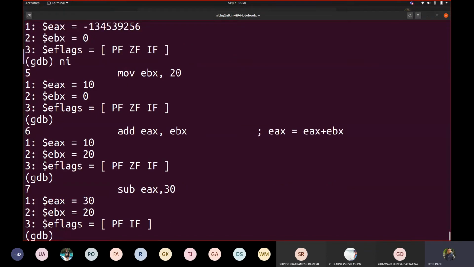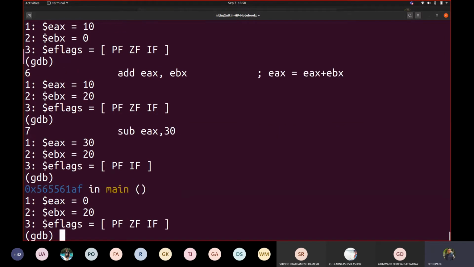Now see, result is what? 30. Now this 30 subtract 30, so this should be 0 now. So ZF one should see again. Can you see ZF there? That means the result because of the previous instruction is 0, and that is the reason we have this ZF flag set.